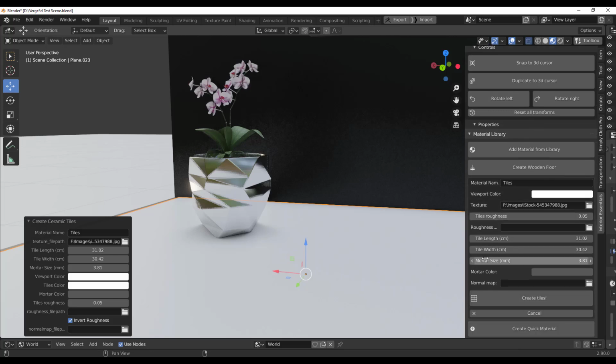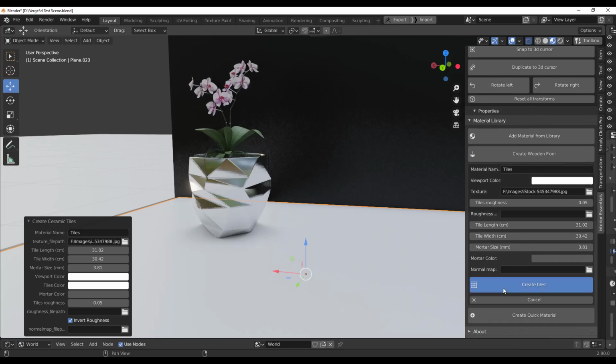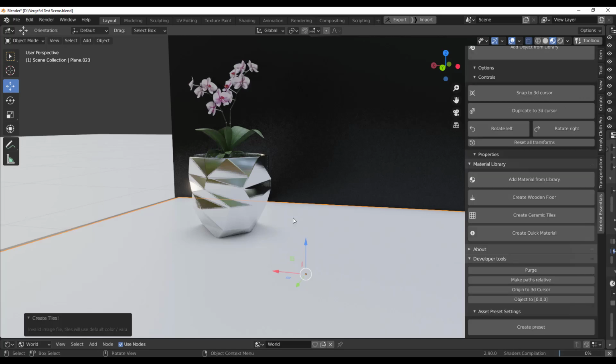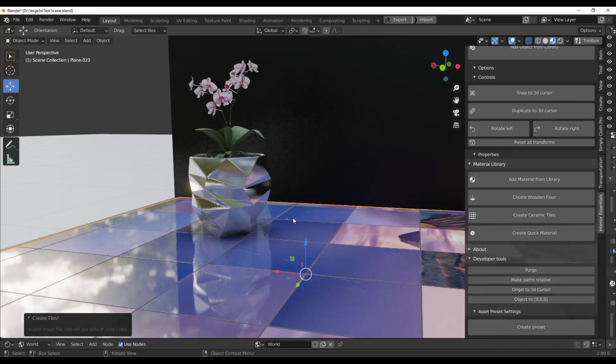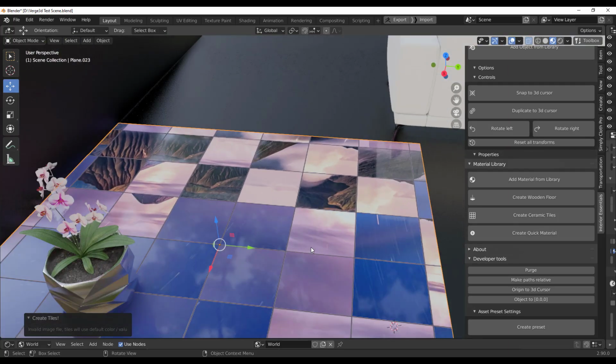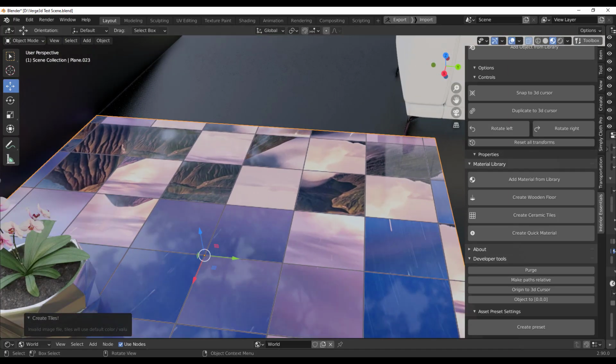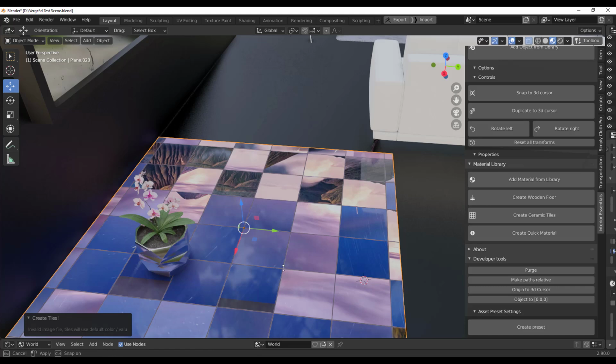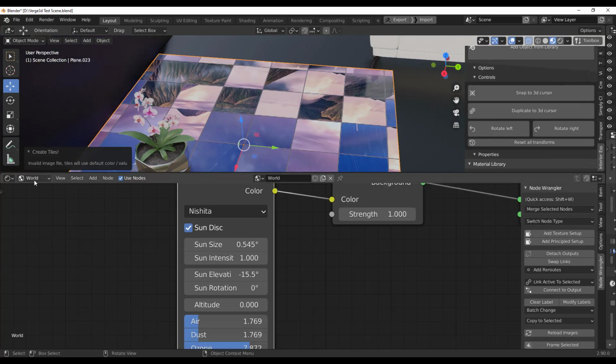Now, once you have all of these things done, you can click on create tiles and automatically you will have your tiles directly in your viewport. Now you have your tiles in your viewport, you might want to make changes, you want to do some cool stuff. Okay, so you can simply raise this all the way up, switch from world or wherever you are to